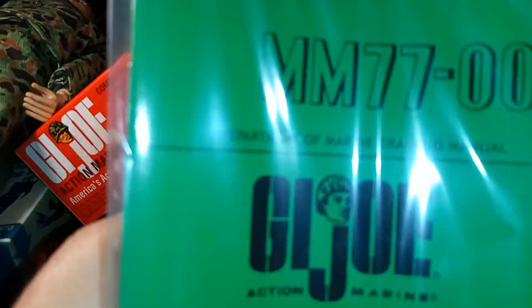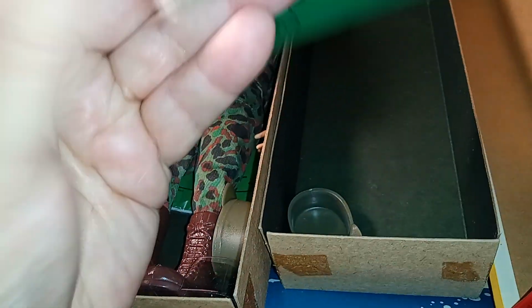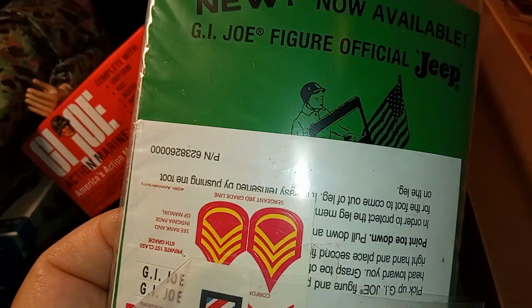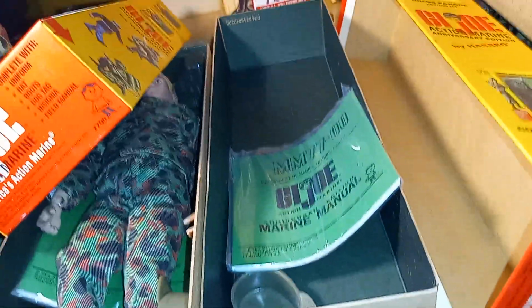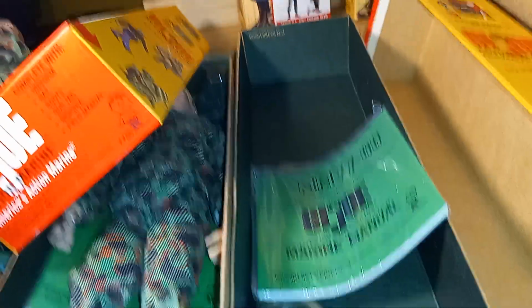Hasbro made two different size manuals, one this size for their equipment cards and a smaller one to fit in the coffin box. The paperwork is the same, however, it is missing one thing that the originals had, and I'm going to share that with you now. I have an illustration that shows,